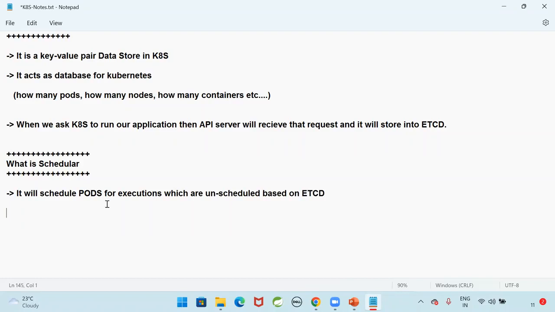Etcd will maintain the data. Okay, now how is it going to schedule? The scheduler will schedule pods on the nodes with the help of